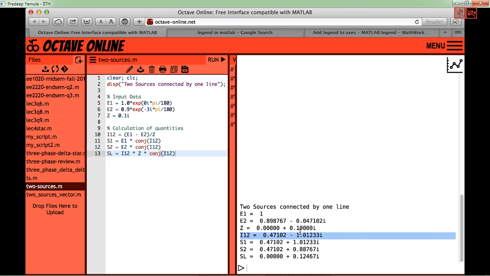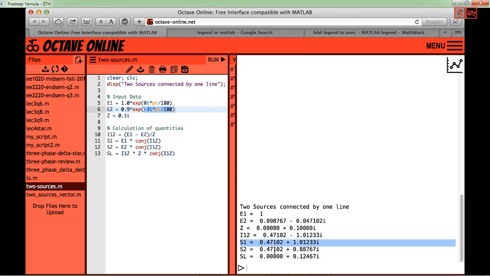On the right side, you find that there are some results. You notice that the angle is minus 3 degrees. When the angle is minus 3 degrees, the P1, P2 are positive. Here you can see on your right, 0.471, 0.471. That means the power flow is from 1 to 2. Whereas if this angle is positive, then P1, P2 will become negative and so on. So that is what we want to study today.